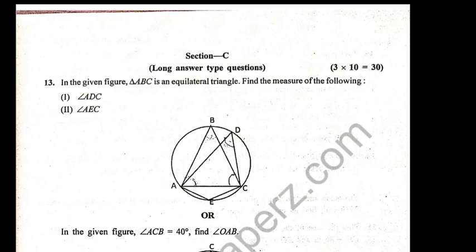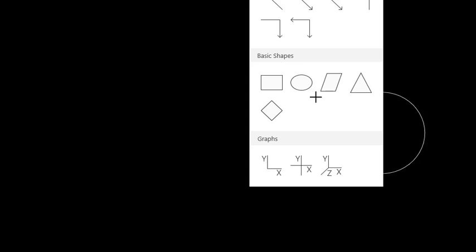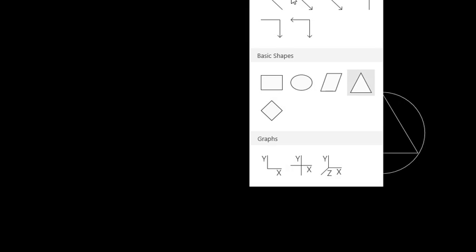So let us draw this diagram first. Okay, so we have a circle. Let us draw a circle, and in the circle we have to draw an equilateral triangle. So let us draw an equilateral triangle, something like this. Okay, very good. And then we will draw one more triangle. So let us take this point and like this, and here I will take one point and join.